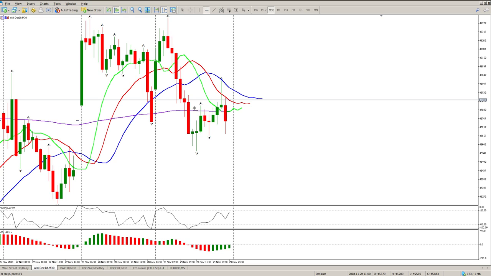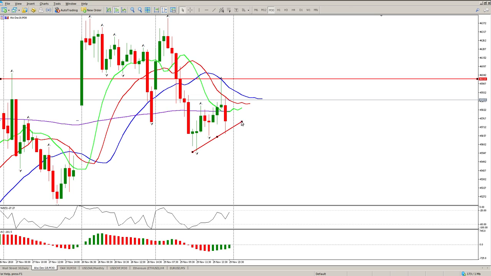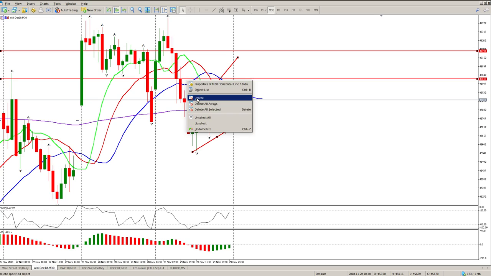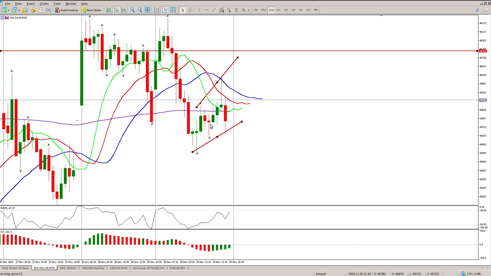which is as follows. There we have. Oh, come on, Dylan. Keep selecting the wrong line. Okay, so we have the megaphone formation here. We've had a strong move down. We've created a new low. So for me, a real scenario is pretty much that.